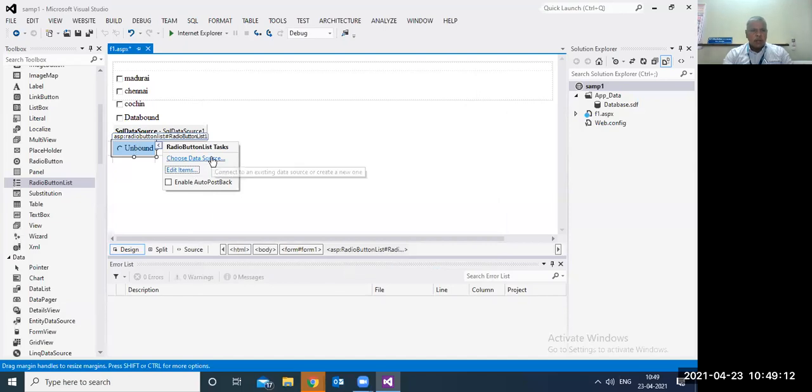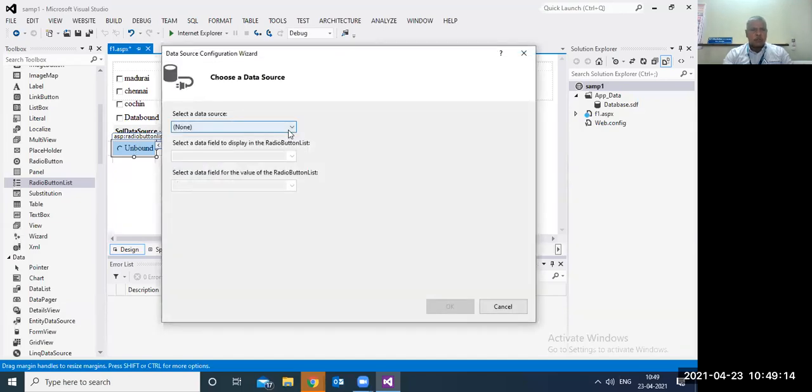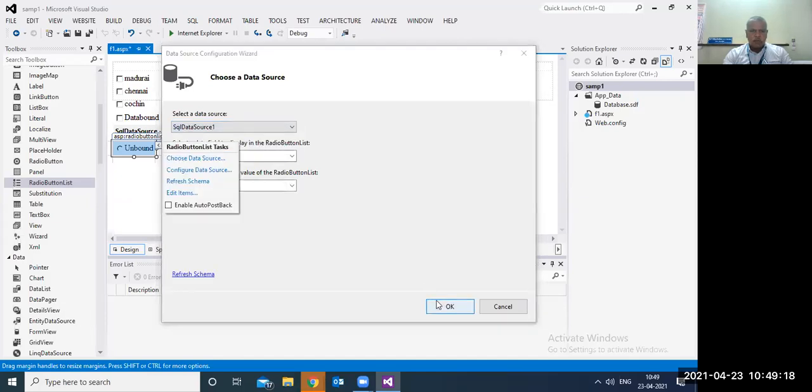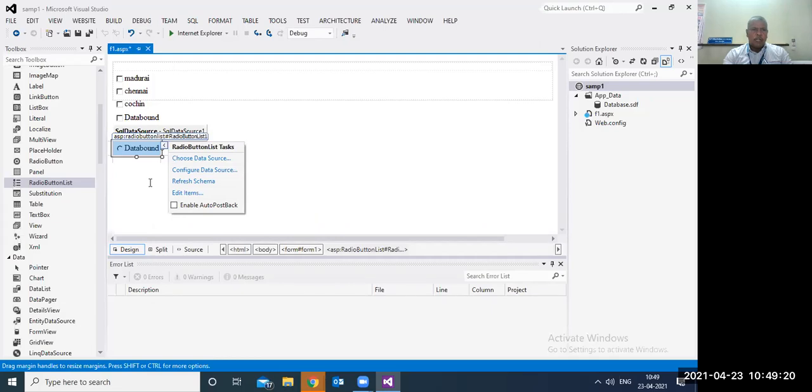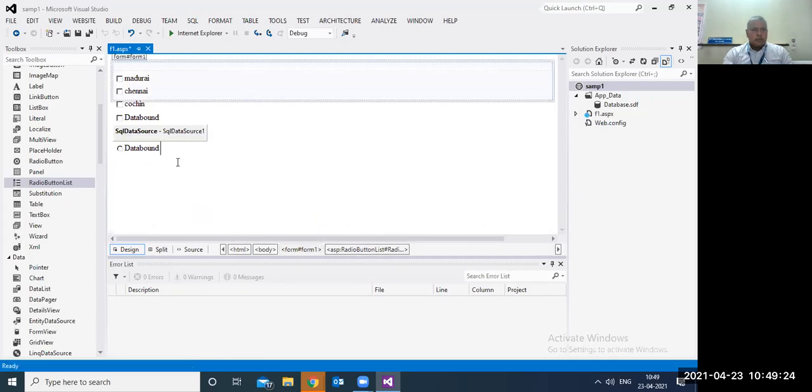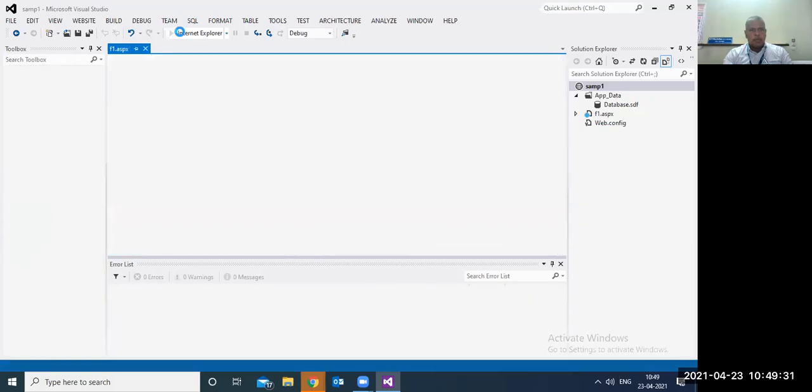Otherwise, you can select it from the data source. The same cities I am just taking for my radio button list. From the backend, I can easily select.